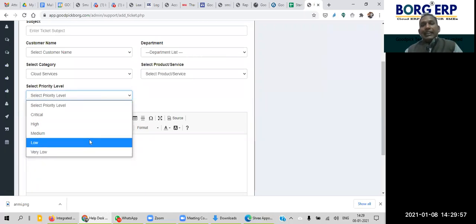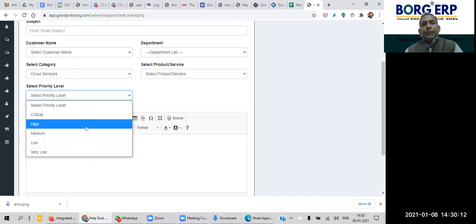For example, if that laptop belongs to the MD of the organization, and the MD is not able to work for 1 or 2 hours, that may have a high financial impact. So in that case, the ticket can be put in high, critical, or medium priority based on the financial impact. That's the example I have given.